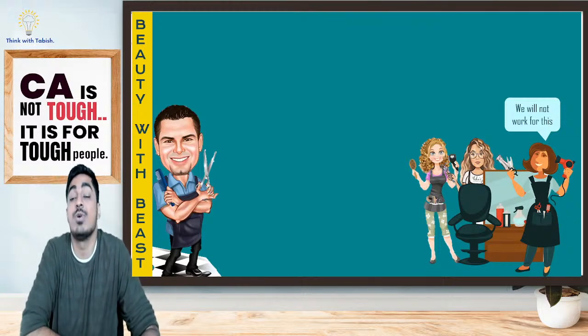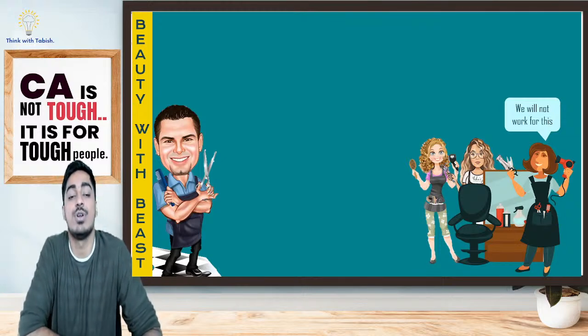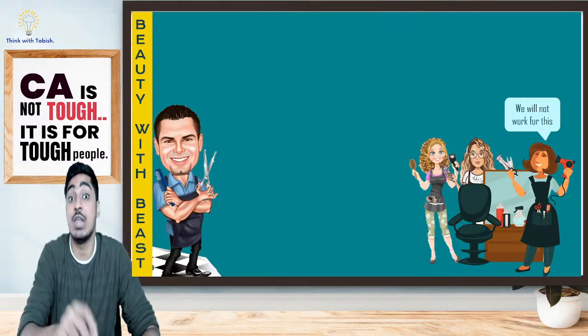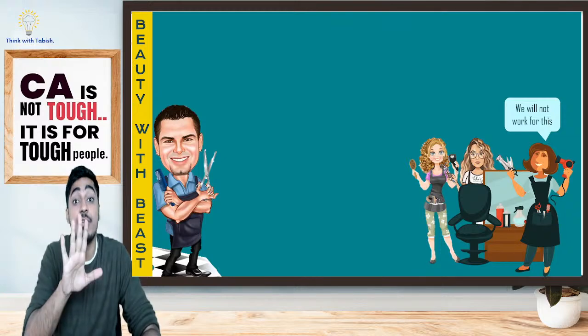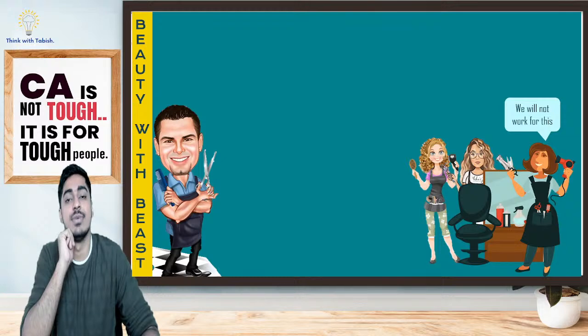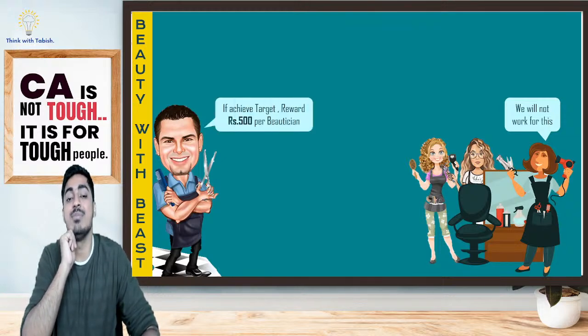Employees are asking what reward you are giving. I'm telling them, if we achieve it, for everyone I will give you 500 rupees and one Dairy Milk chocolate. 500 rupees in 1 year as a reward, and one Dairy Milk chocolate I will give to you. Will they be motivated, students? No. When I'm giving you a reward,